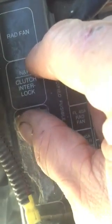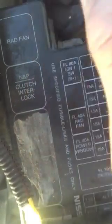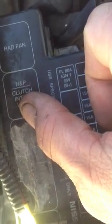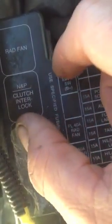So I checked in there to see if we had power going there once we turned the key, and we did. We had ground there, but we didn't have any constant power there, which is what engages the relay once you crank it. And that sends a signal down to the starter down below. So I figured there had to be a fuse somewhere that was blown,